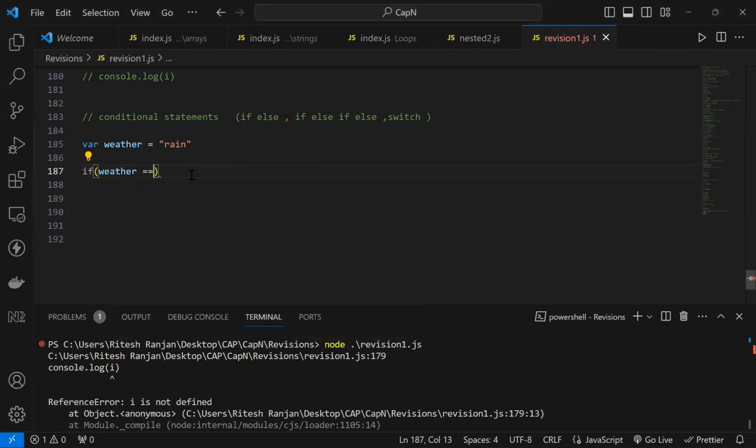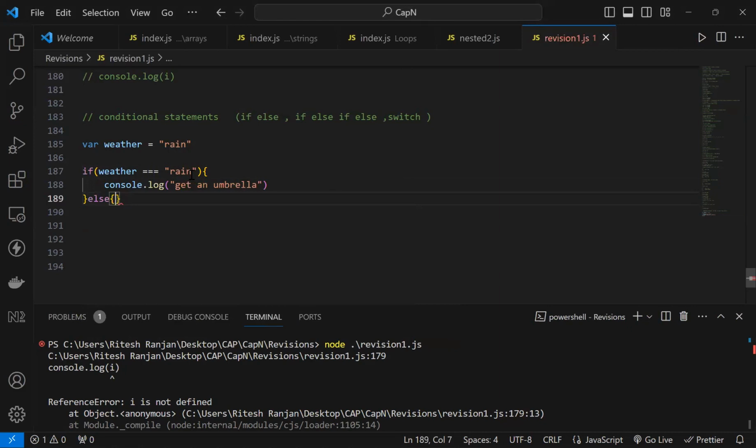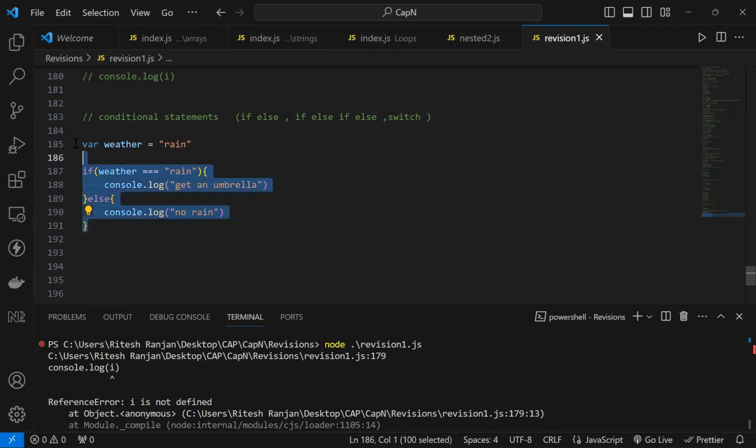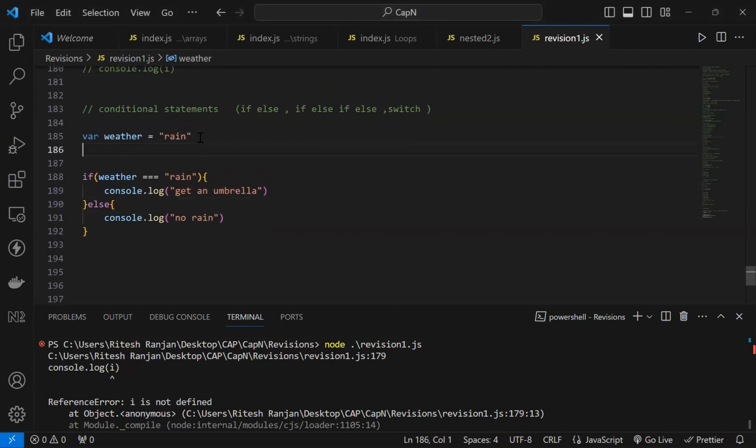इफ वेदर is equals to rain, राइट, हम कर देंगे console.log get an umbrella, राइट। एल्स console.log no rain. We can just print this, right? This works. इस तरीके से चलता है, राइट। बट लेट्स से कि देयर इज अ पॉसिबिलिटी जिसमें मैं वेदर को कर दूं